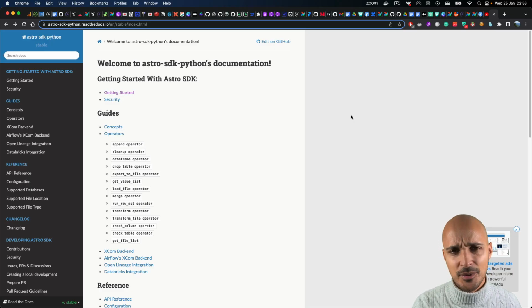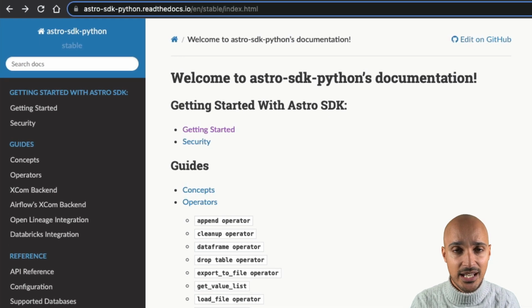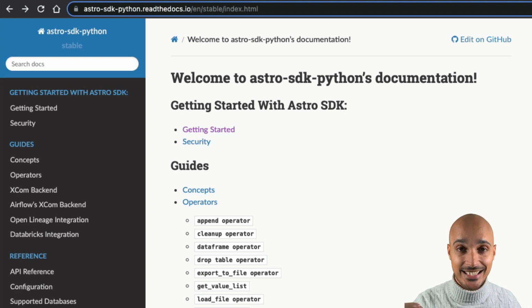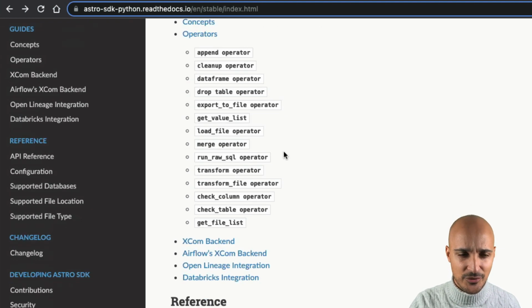By the way, I have to mention the Astro SDK. It's a framework for rapid development of ETL or ELT workflows in Airflow, and this is very useful if you interact with Snowflake, Redshift, BigQuery, Databricks, or even Pandas. You will be able to share data between your tasks with ease, and trust me, you are going to save a lot of time. So check out the documentation. There are just a couple of operators that you have to check out.